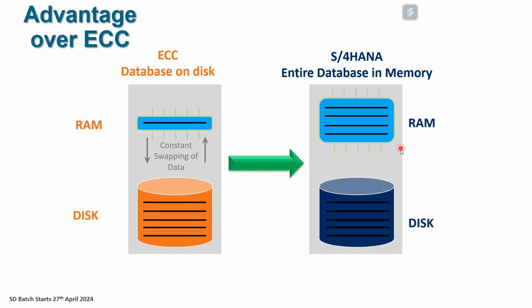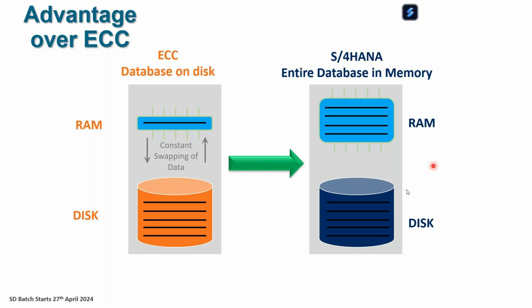And obviously, not all of your data is needed at all times. But still, it keeps all of your data, or almost all of your data, in your RAM, because of which you can fetch it easily and faster, and the need of going to the hard disk is very less. Things are kept in the hard disk to ensure that you do not lose that data. So obviously, disk is important, but most of the activity is done with the RAM, because RAM allows you to fetch data really quickly.